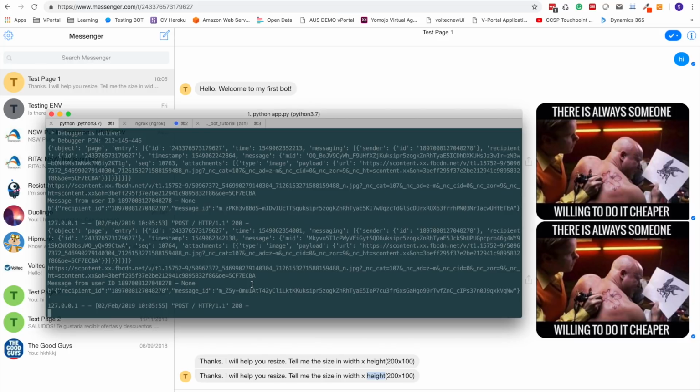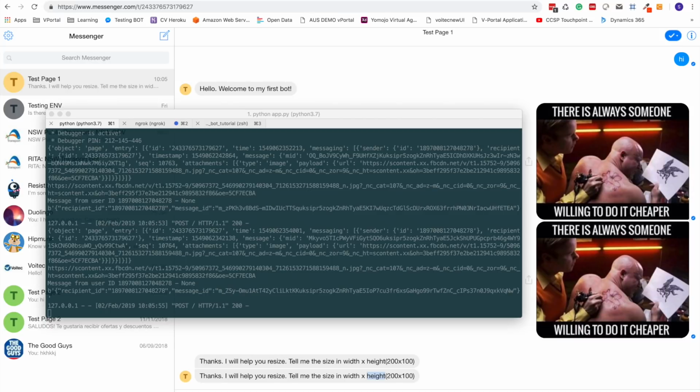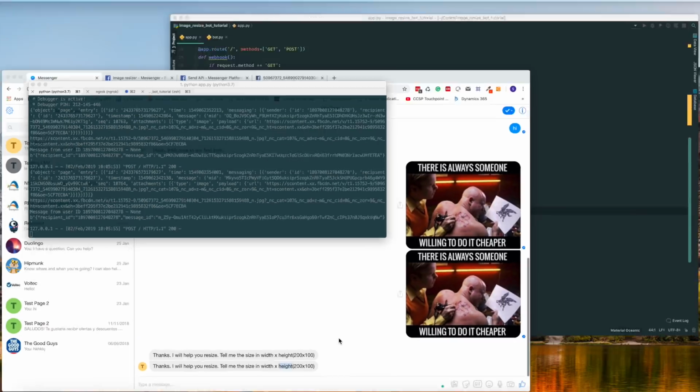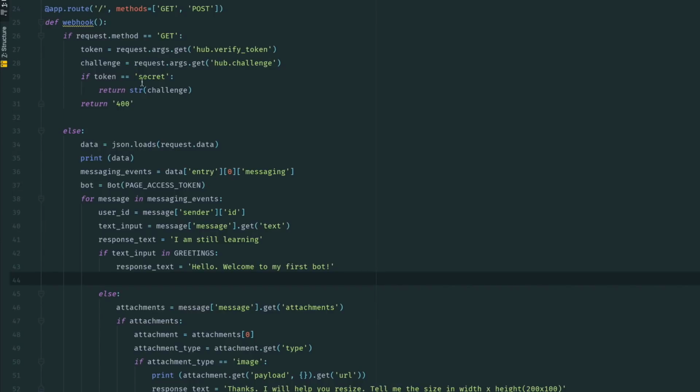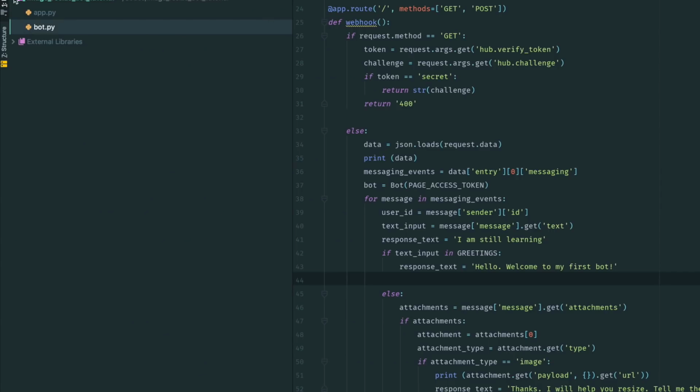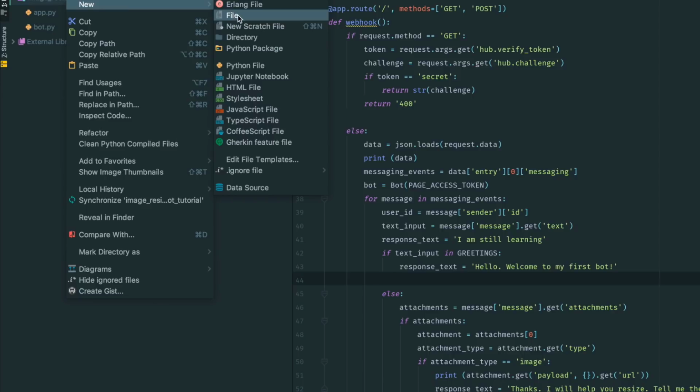So I'm not going to go into much detail on how to create a database or things like that in SQLite. I have already written a code